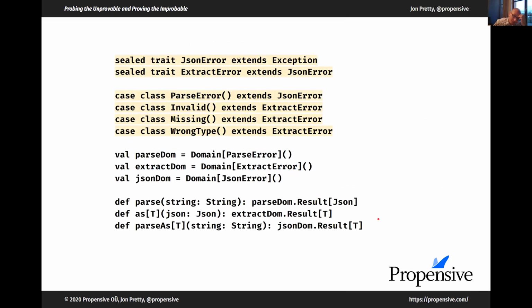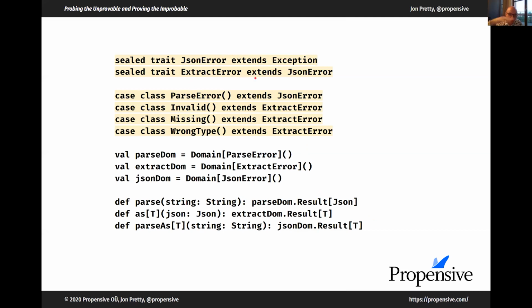So now we have a lot of code, and the first chunk is setup. I'm going to use sealed traits and case classes, and if you can trace through which case classes inherit from which sealed traits, you'll see that extract error is a subtype of JSON error, which is a subtype of exception.